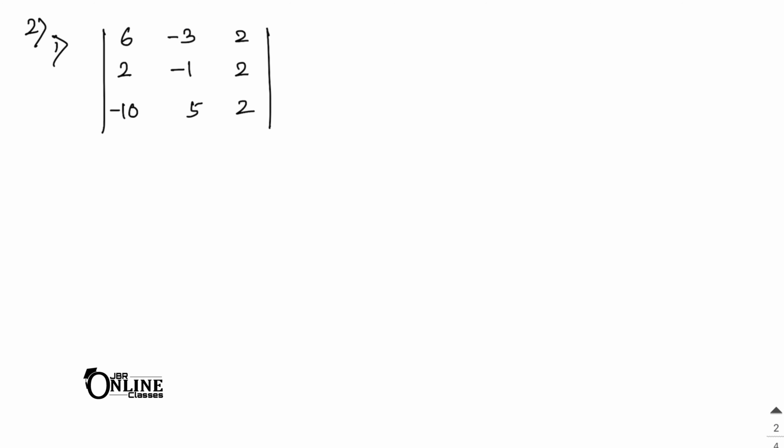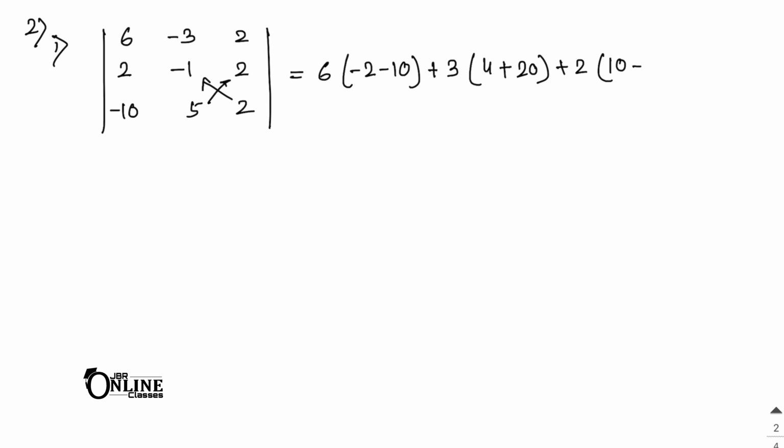So as here this one is matrix A. Whenever you find out the det of this one, you know how to find out det A. So first here 6. For 6 you have to multiply this one and this one. Okay, so minus 2 and then minus 10. Then for minus 3, as here minus, it will be minus minus plus, and then you have to multiply 2 into 2, so it becomes 4, and then plus 10 into 2, it's 20. Last one here 2, and then 5 into 2, it's 10, and then minus 10 into 1, it's 1. Okay, so that equal to minus 12, so 6 into minus 12, that means minus 72.